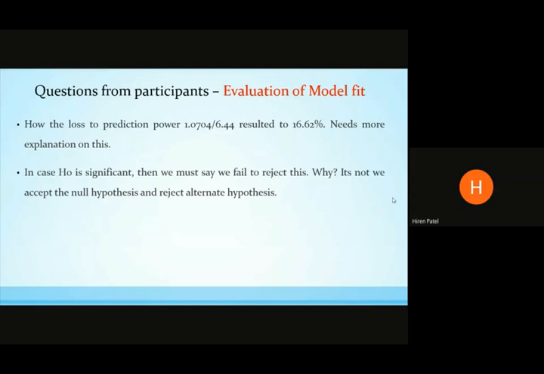We may get the black swan, not today, but after 10 years. But presently, I don't have enough evidence, and that's why I just fail to reject this. I'm not straight away rejecting it. But if I got the black swan today itself, I'll say that I reject this null hypothesis. Hence, please avoid using the word accept the null hypothesis. There is nothing called accept the null hypothesis. It could be either reject the null hypothesis or fail to reject the null hypothesis.